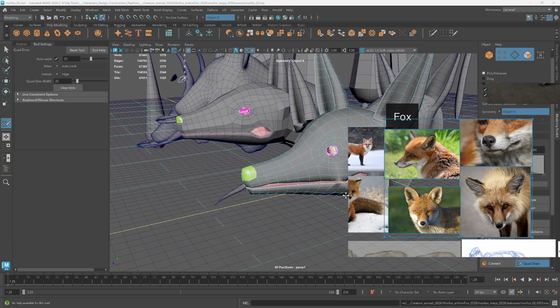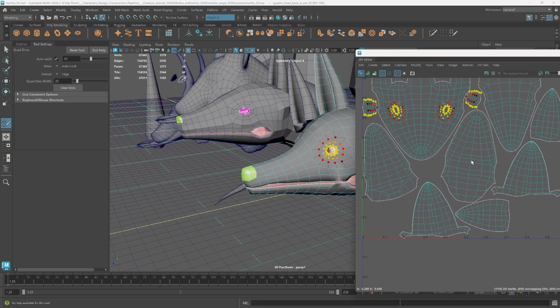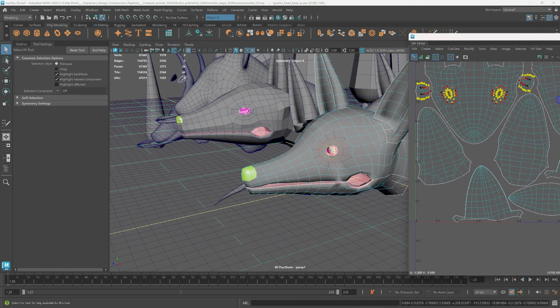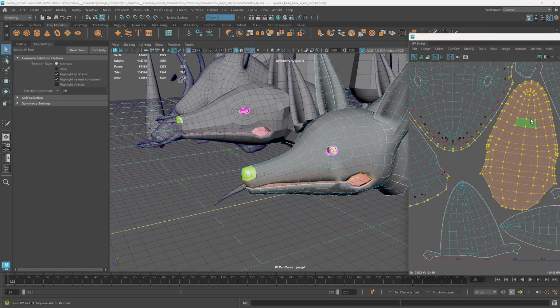I got to watch out for that inner mandible, so I have to go into this space here and grab. See if it'll let me. Oh boy, what did I just hit? Oh, I got quad draw turned on still. Yeah, I'm bouncing around a lot here, folks. I know it's hard. There we go. Grab that mandible there, and